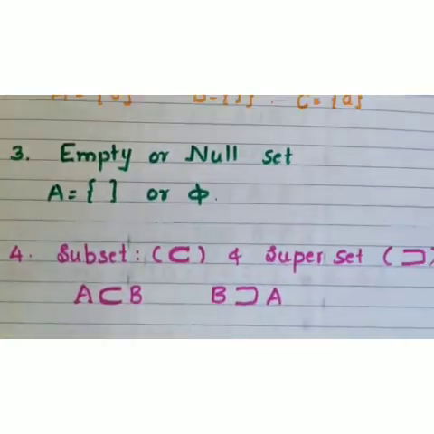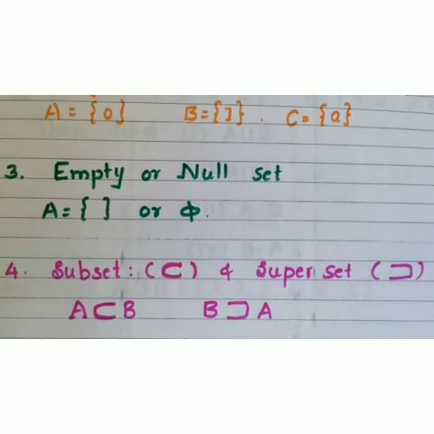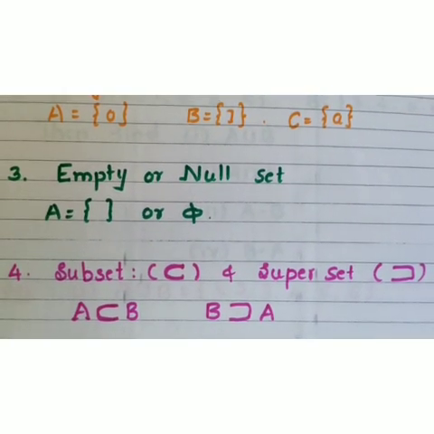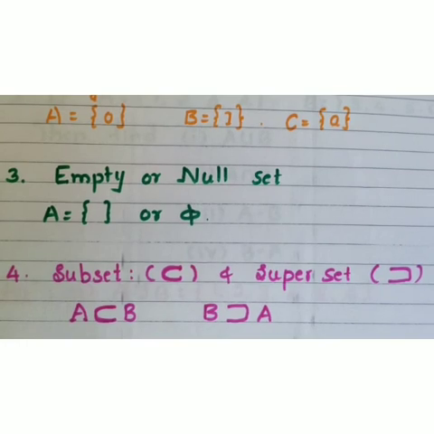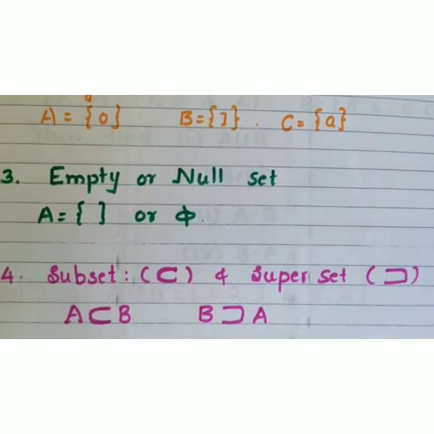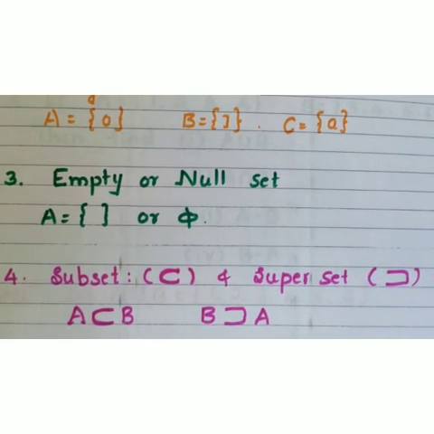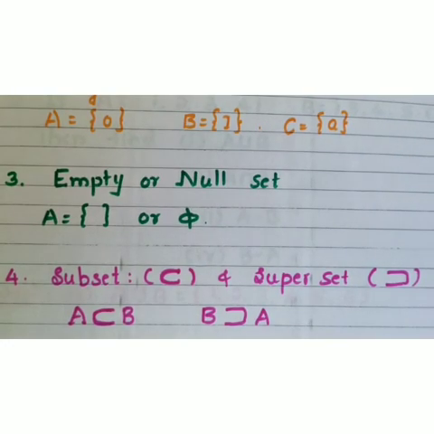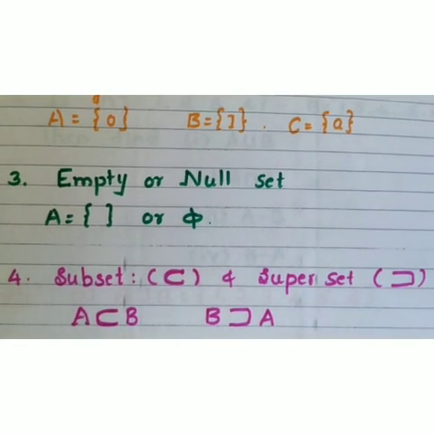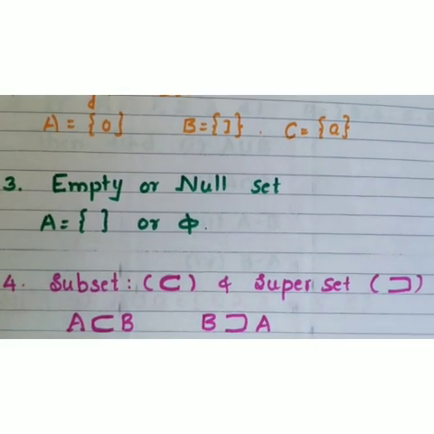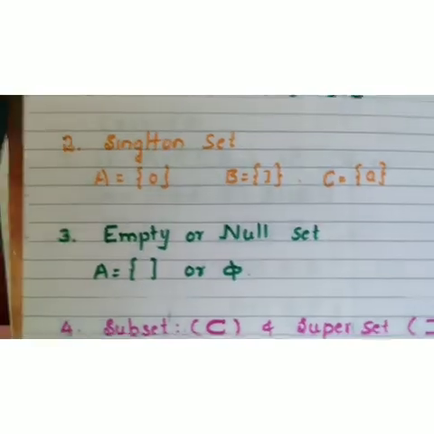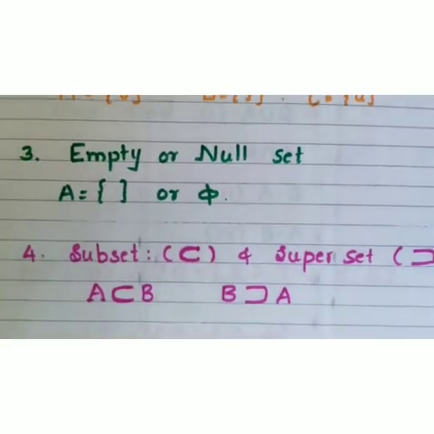Next we will move to the subset and superset. The subset symbol has been denoted in the bracket. The superset symbol has been denoted in the bracket. Both are in the opposite sign. Suppose A and B are sets. A is said to be a subset of B. A is a subset of B means